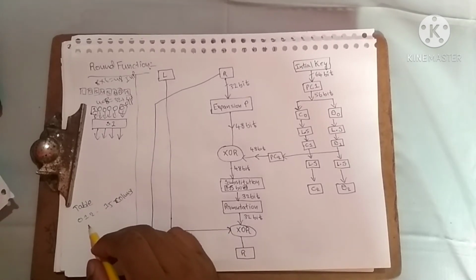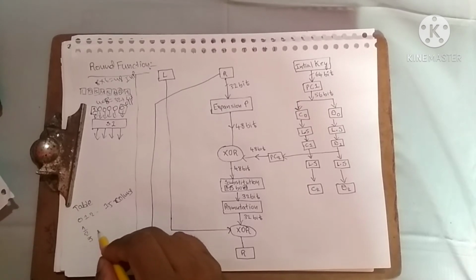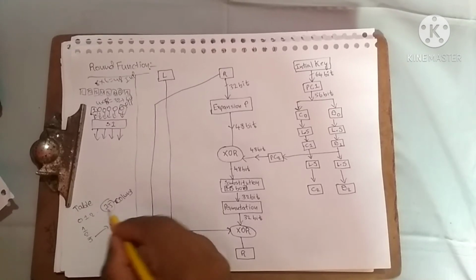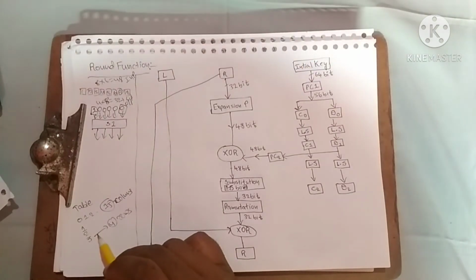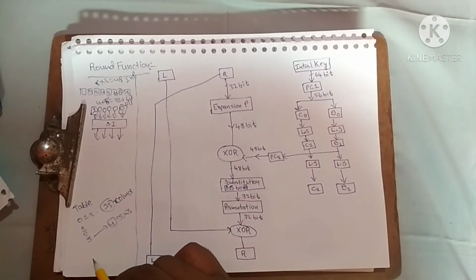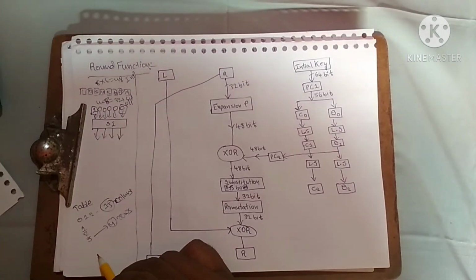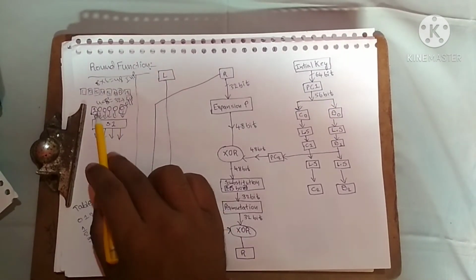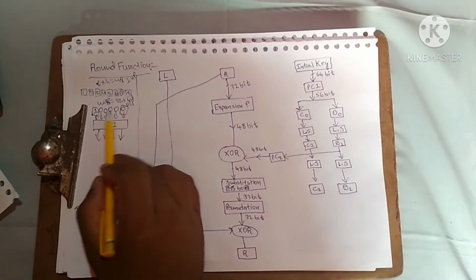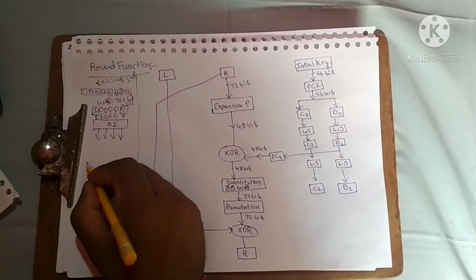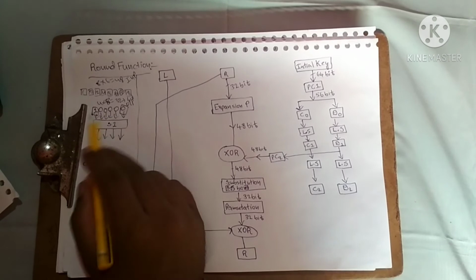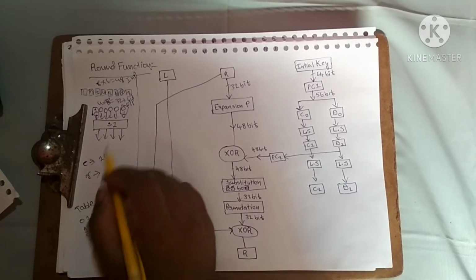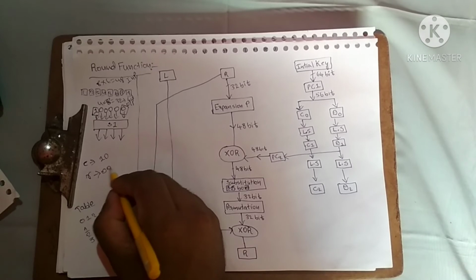Next, 4 rows, 0 1 2 3. 4 rows and 15 columns are present in that table. Okay, these 4 values are used for determining the row. Last edges values are determining column. 1 0. Okay, edges and row, middle 4 values are determining row.